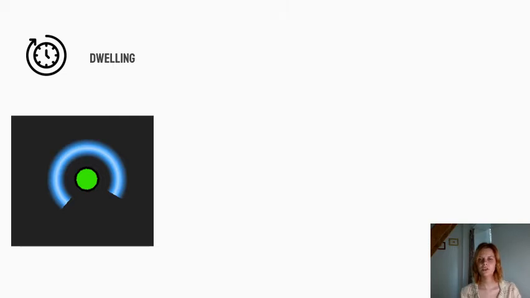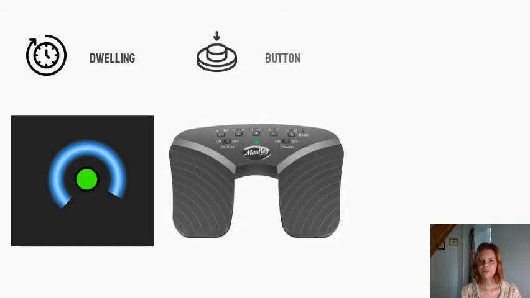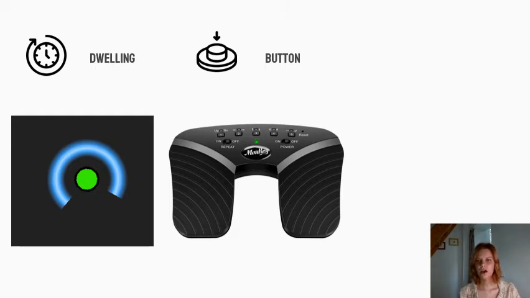Then there were three ways in which an element can be activated. There was dwelling, which is a timer where the user just has to dwell on an object for a certain time. You normally see it with these circles that show you the time you have to wait. Then there was a button, just a normal hardware button, but instead of something for the hands, I used this page turner pedal for musicians, so the users were able to press the button by stepping on it and not using the hand.